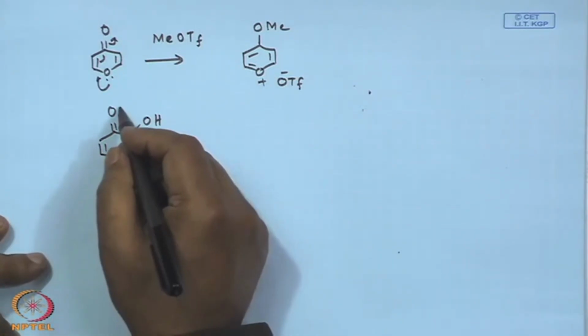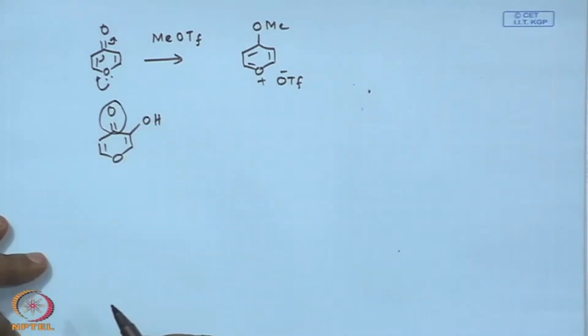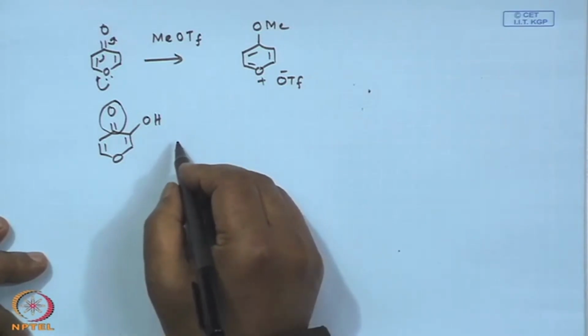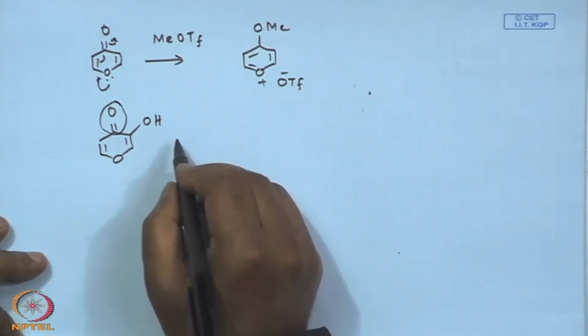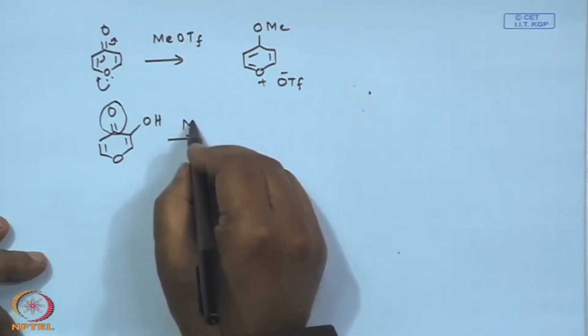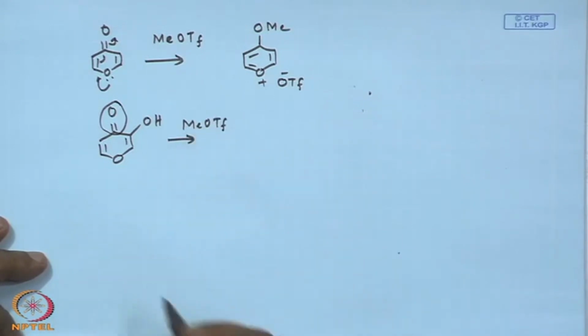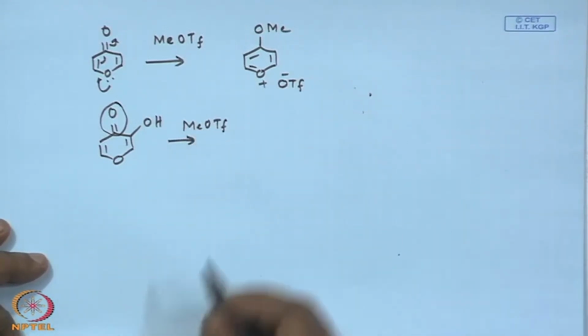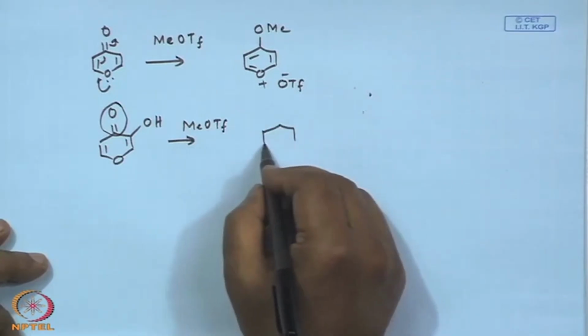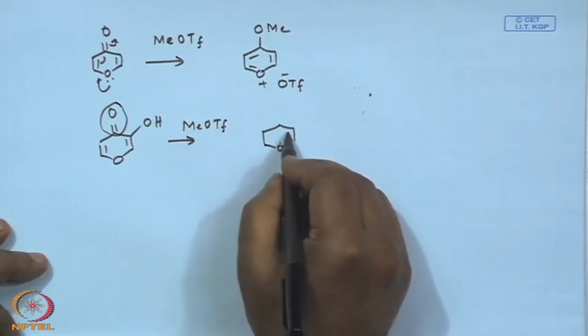Now, you have an additional carbonyl group here. And in the presence of, let us say, again this methyl triflate, what can you expect? You can expect a pyrrolium ion now, right,